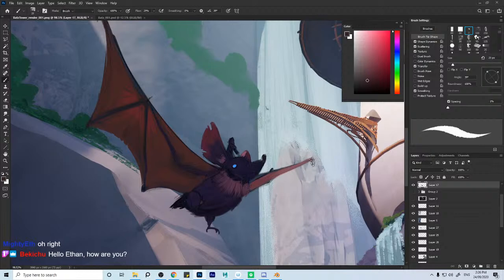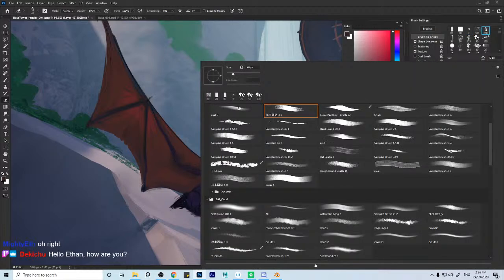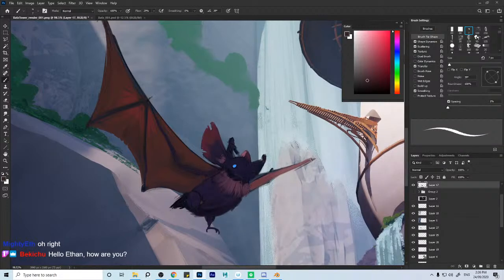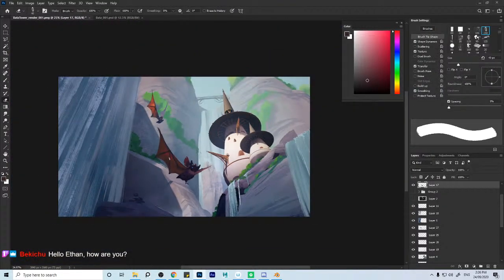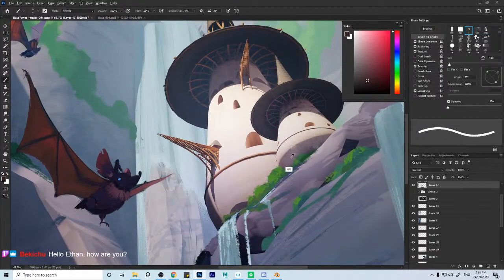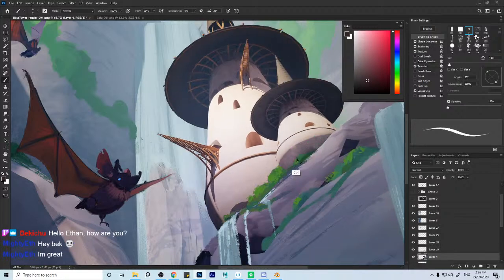Just coming back to the bat again. Oops. Cleaning up some of these edges here and there. Is that the right layer? That is the right layer. And yeah, it's just I